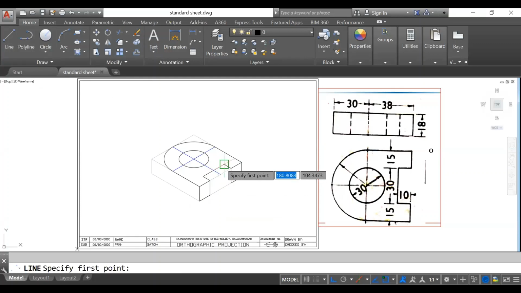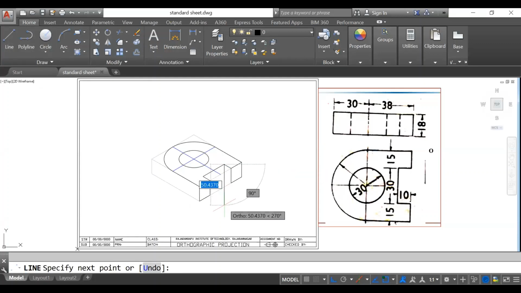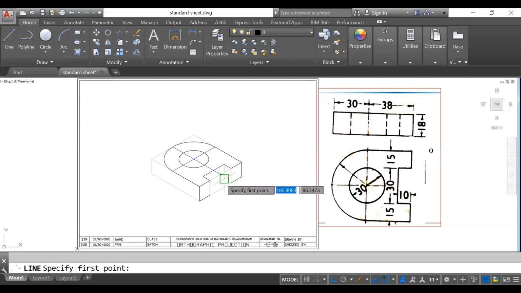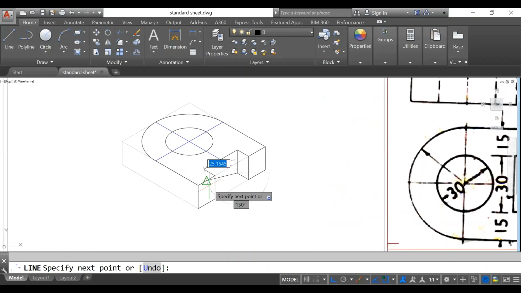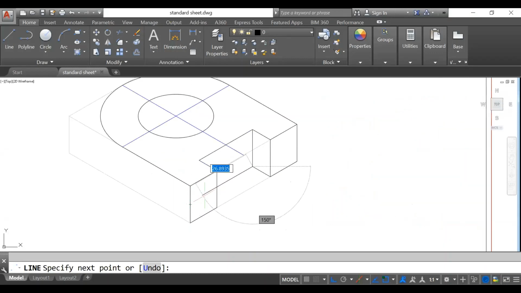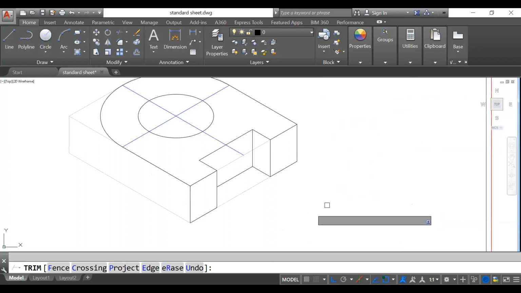So this corner also we have to take 18 mm in a downward direction. Okay, and wherever it ends, that should be connected to the other end. So do not keep the corners open. So we have to connect it. Sometimes it is difficult to join this. So what you can do, you can slowly take it somewhat forward direction and then trim it, because automatically it will take the center point and other things.